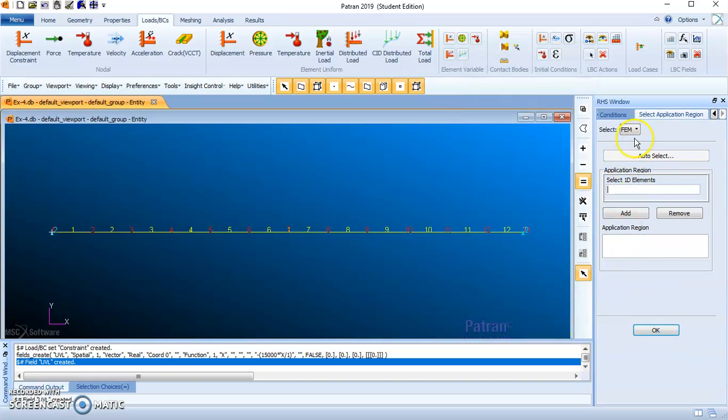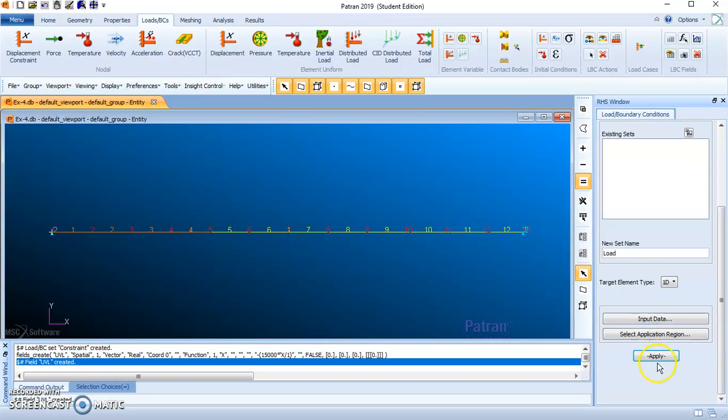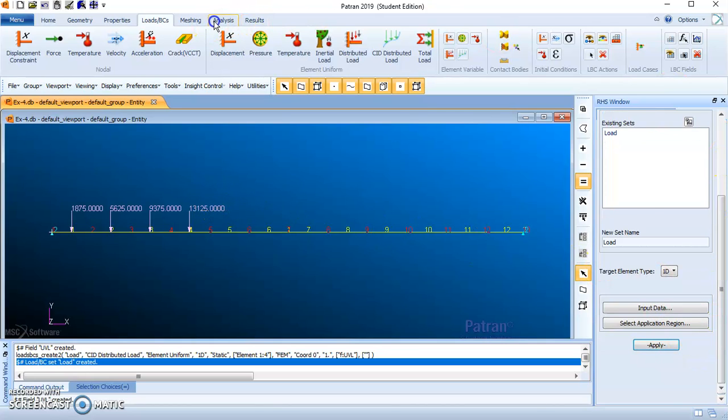Select application region. In the FEM, we should select 4 elements. 1, 2, 3, 4. Element 1 to 4. Add. OK. Apply. Now you can see it is acting at the center of the geometry. From 0, it varies from 0 till the node 5. Till node 5, it is 15 kilonewton. So load is done.